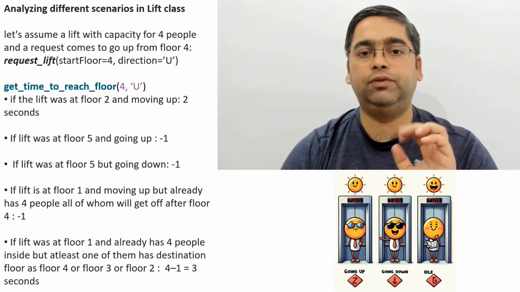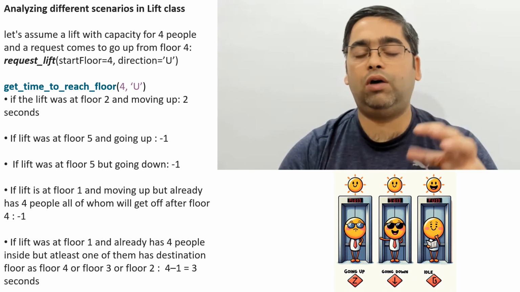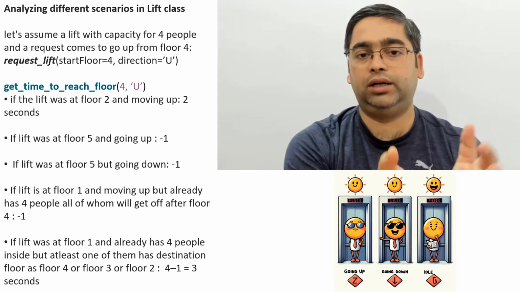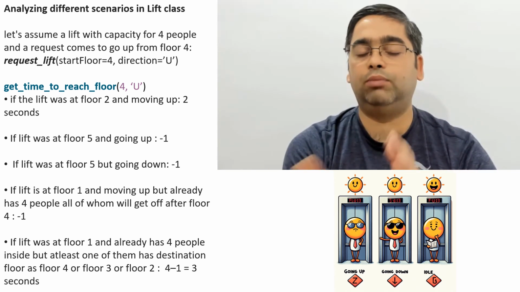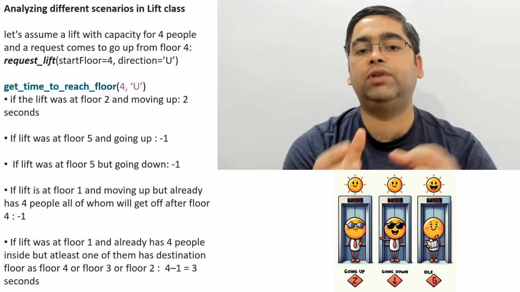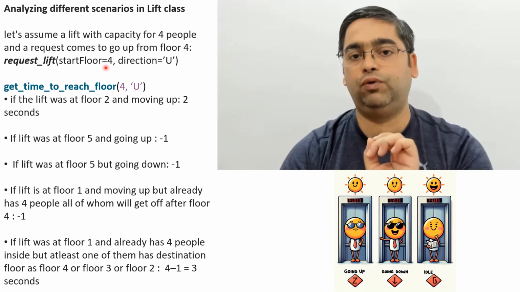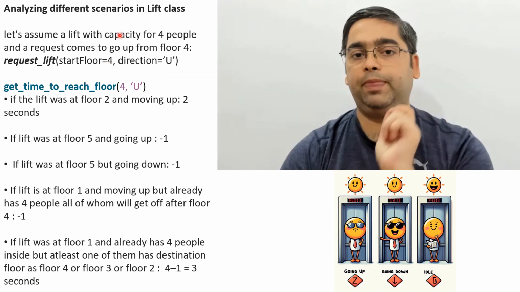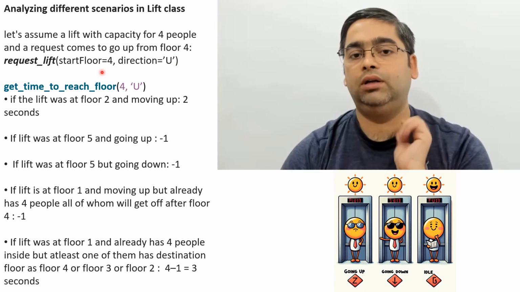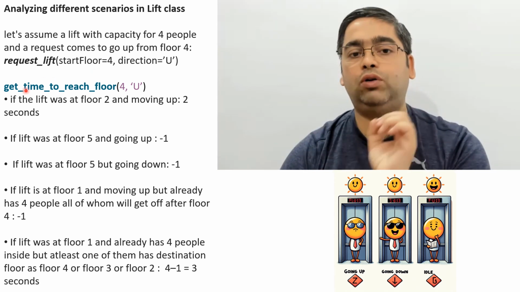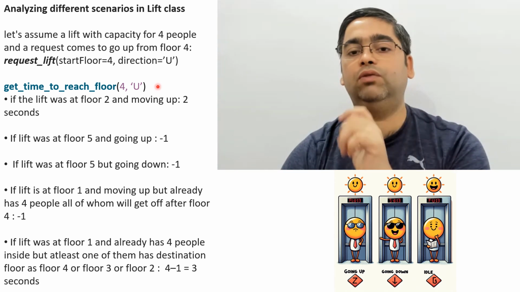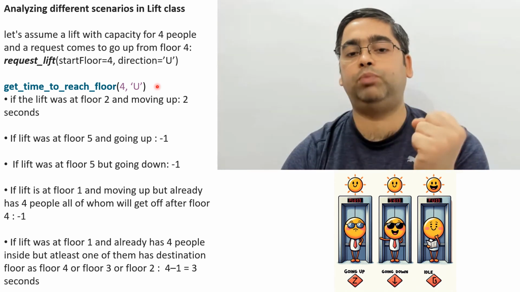One important thing we need to notice is that the behavior of a lift changes with the state of the lift. State is the floor the lift is at, the direction in which it's moving, and third, the number of people inside the lift. So let's see a few scenarios. Let's assume a request comes from a person who is on floor 4 and they want to go in the up direction. All the lifts in the building are of capacity 4, so a maximum of 4 people can be inside the lift. So what the lift management system will do is call get time to reach floor for all lifts, and see what times they return,